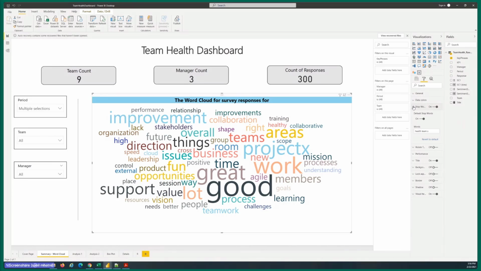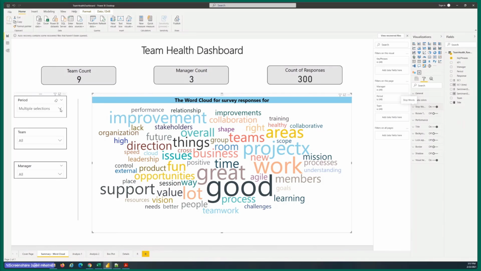But once you have done that, the word cloud is pretty self-explanatory. The word cloud is pretty, but it's typically not terribly useful in terms of what kind of insights you can draw from it. But I have always noticed that executives are terribly impressed when you show them a word cloud. So I show them a word cloud.